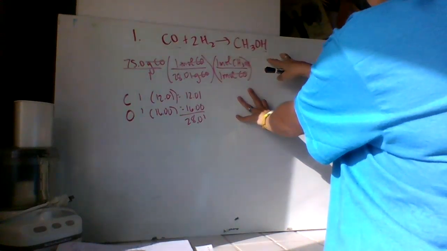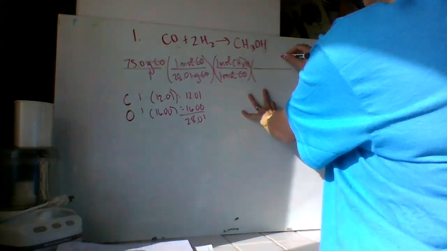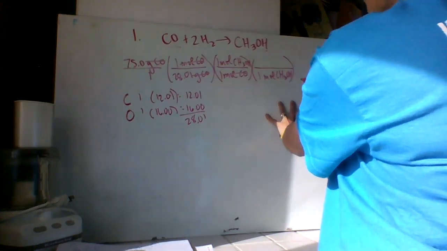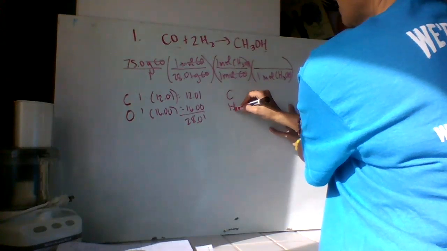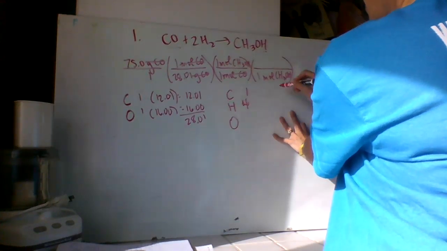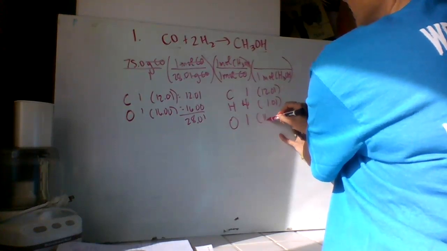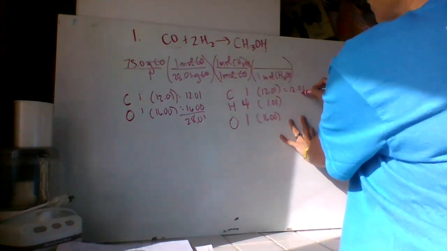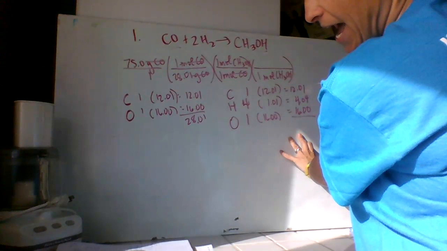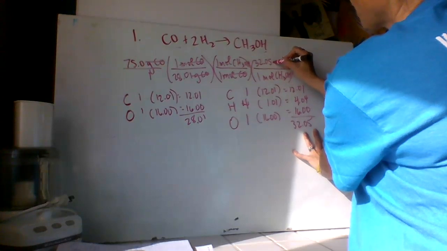Now we get to mass in grams of this CH3OH. So again, molar mass. 1 mole of CH3OH, and we need to know how much that would weigh. So some different pieces to the puzzle: a C, an H, and an O. 1 C, 1, 2, 3, 4 H's, and 1 oxygen. 12.01, 1.01, 16, just 1 of those, 4 of those, 1 of those, and that's going to add up to 32.05, 32.05 grams of